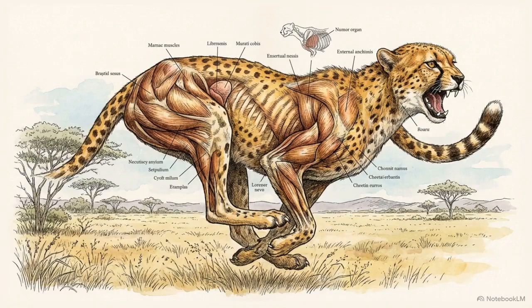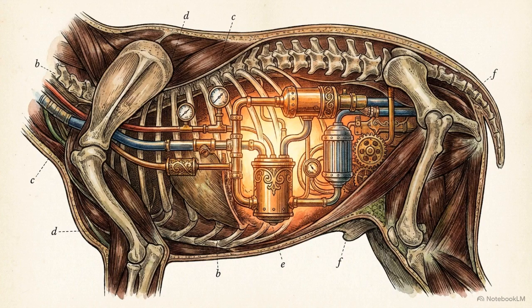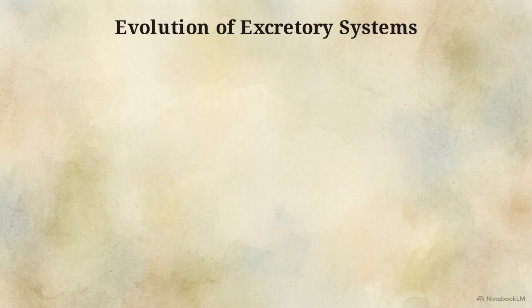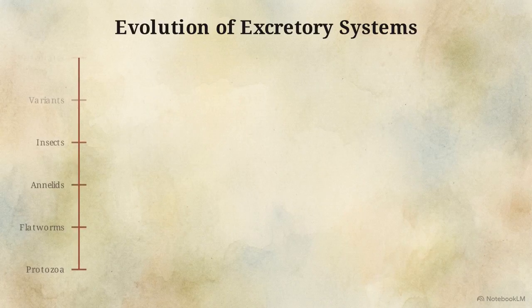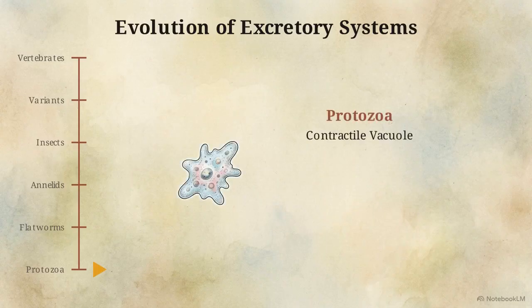We return to the animal kingdom. Because their high metabolic rates prevent them from passively storing toxic exhaust, they require dedicated active hardware to push waste out of the body. As anatomical complexity increased across species, the hardware required to filter waste upgraded sequentially. We can map this progression on this phylogenetic ladder.